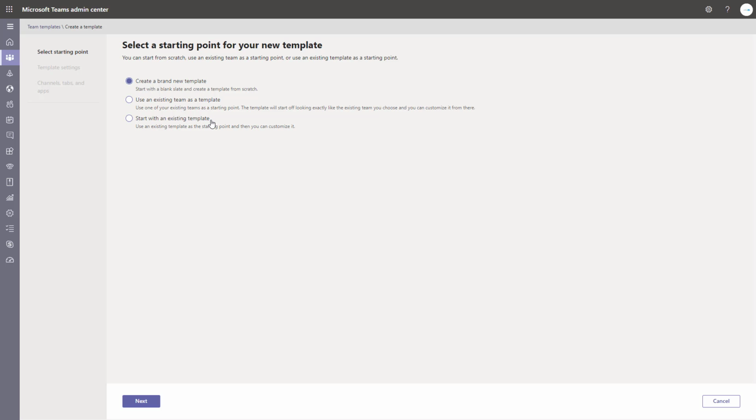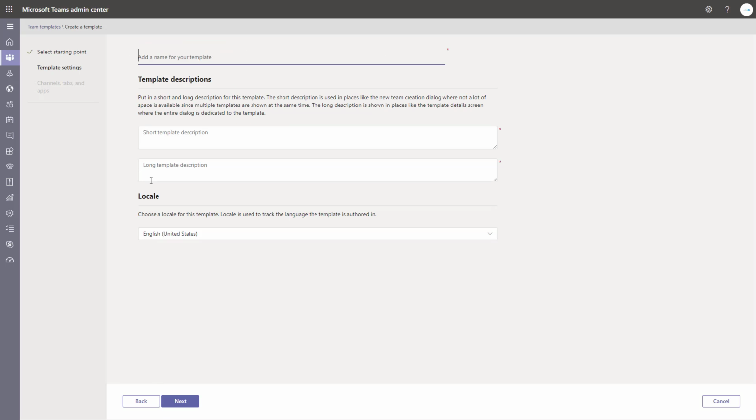You could also use one of the existing templates that you've created in the past or that Microsoft has as well too, to go ahead and create this from scratch. So in here you can name this template whatever you like here. So maybe you just call it project revenue template, and you can give it a short and long description,